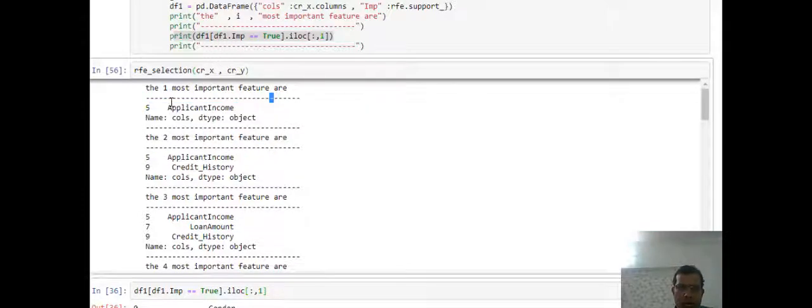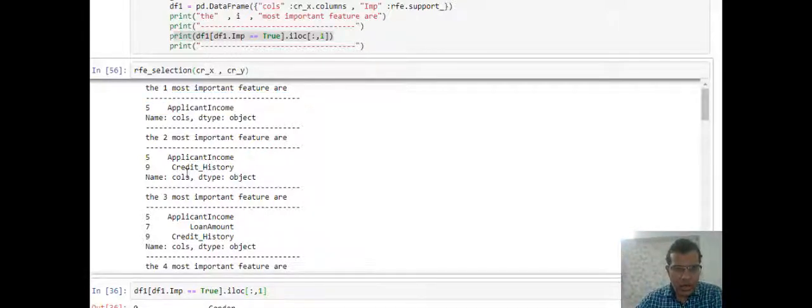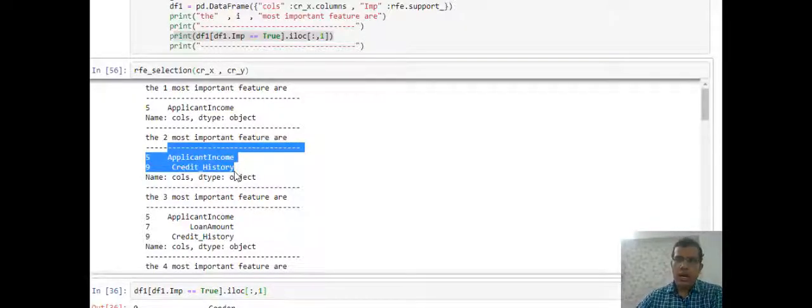I already know that the most important is applicant income, but the two most important are credit history and applicant income. It means the second most important is your credit history, right? Because I already know which was the most important one.